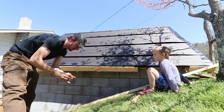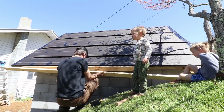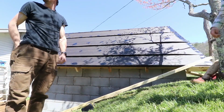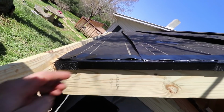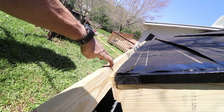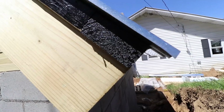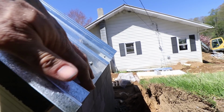We're putting this guide on. This works as a guide for the bottom of the roofing, a spacer so it sticks down as far as I want, and a spot for me to stand on. I'll show you how it works. The roofing is going to come down right here, and this little spacer determines how far it extends beyond the framing. I've got just over an inch, so it'll come down all the way to this board, just like on this other side. So I have this nice even overhang here,